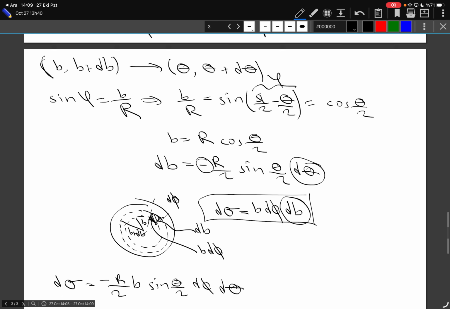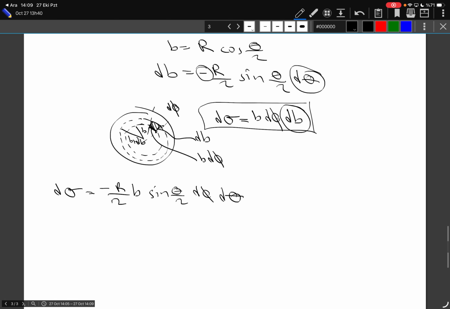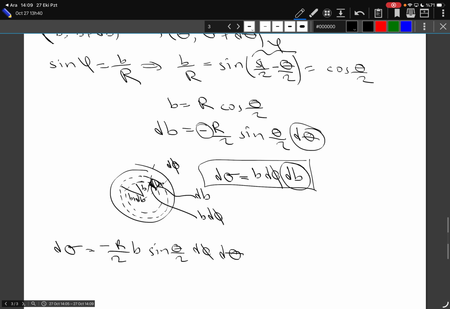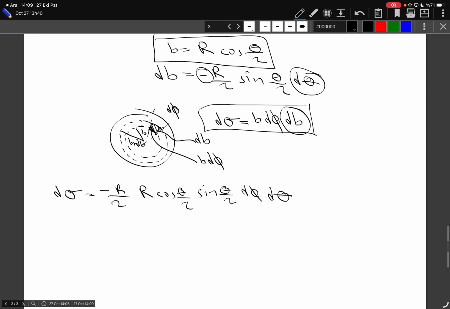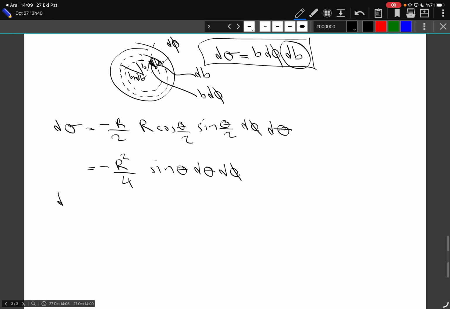So let me write it slightly differently. This is minus R over 2 times b. Sorry, I should also substitute b. So b is R cosine theta over 2. So this is minus R squared over 4 sine theta d theta d phi,